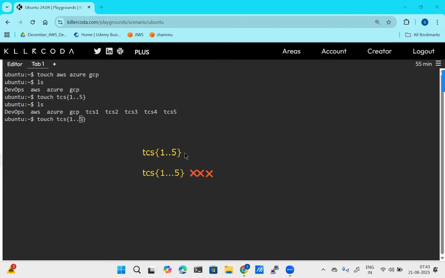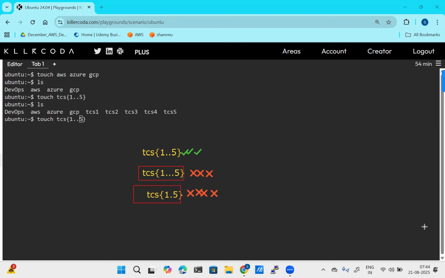Or if you give TCS 1 dot 5 and close the brace, again it is not going to be possible. So the dots should be 2 only. 3, 4, 5 dots are not possible. If you give that, it is going to read it as a file name, so using this name it is going to create a file for you.